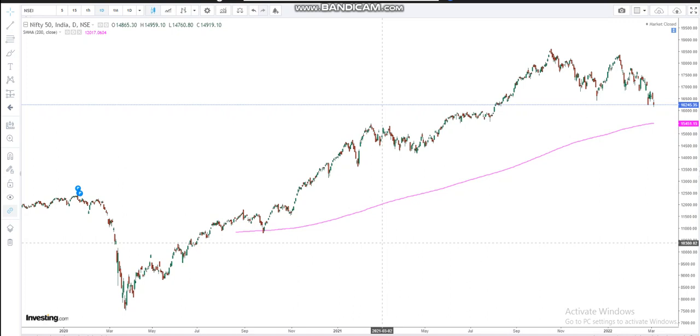this particular level, right? So the whole concept is, here you can see this is a nifty chart, and here you can do all of this analysis just with a single 200 simple moving average indicator. So here you can see that nifty is still way above its 200 SMA. Now of course, going in a war and how the situations are panning out on a daily basis, actually on an hourly basis, of course you can't come up with what will happen next.